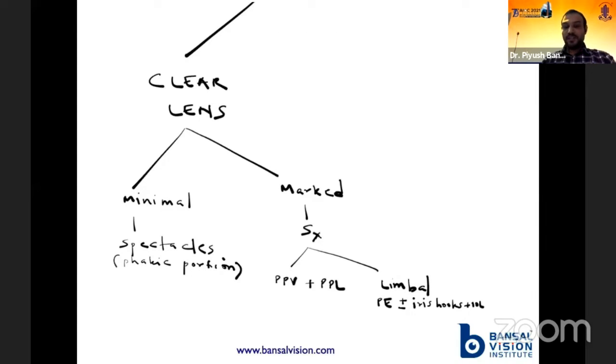If it's a clear lens and if it's a minimal subluxation, spectacle correction through the phakic portion can provide relief. If it's a marked subluxation, then surgical intervention is what is going to be required. One can either tackle it with the pars plana vitrectomy, lensectomy with IOL implantation, or through the limbal route, wherein a phacoemulsification with iris